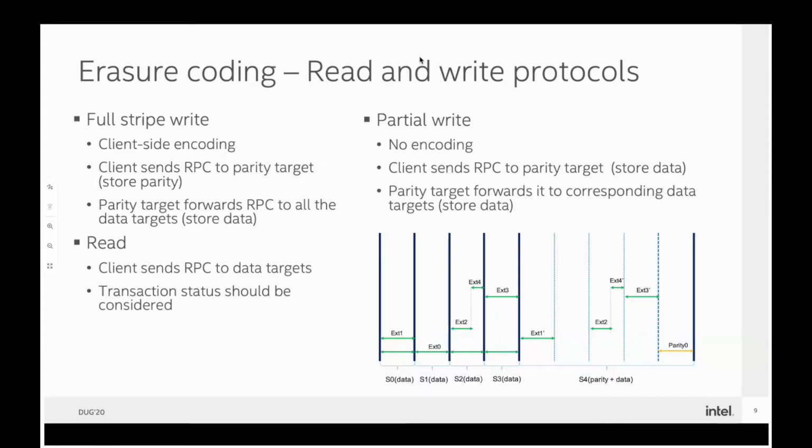To resolve this issue, the space reclaim service, aggregation, is always running on servers. What it can do for EC is, if the application wrote a bunch of misaligned data, it can encode the data in the background and store parity, then free the replicated data. And this diagram shows how DAOS stores an object with partial overwrites for EC 4 plus 2, and we can see those partial overwrites are replicated on the parity shard.